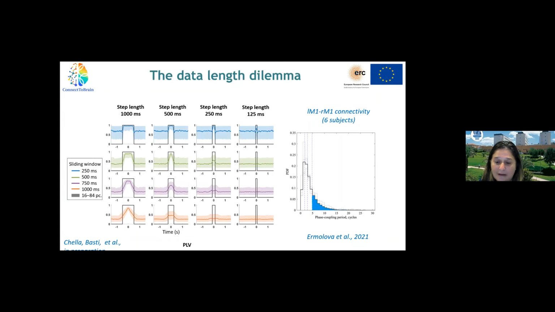And a recent study by the Tübingen group showed that indeed, not all the connectivities in the brain between these two regions have such long-lasting duration, but still about 1/4 of the connectivities is long enough to be captured by the approaches that we are using. Of course, more needs to be understood about this, but still this makes us confident that we will be able to see something in real time, which is coupling between different brain areas.